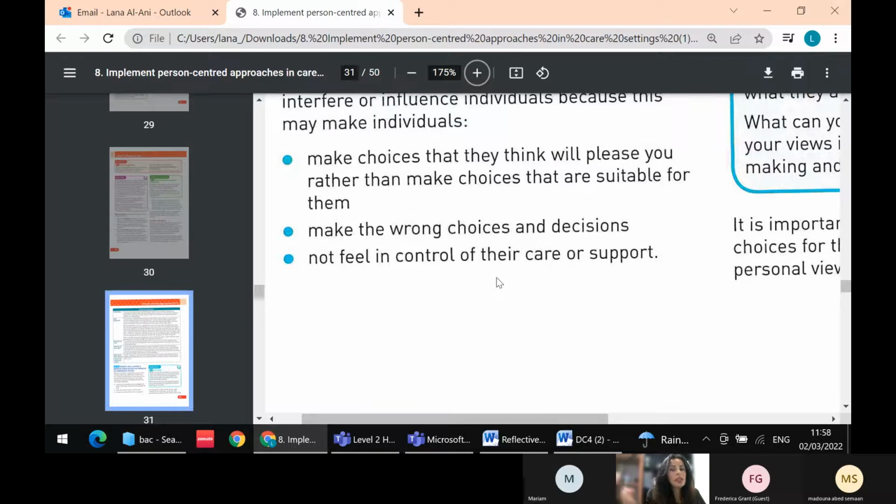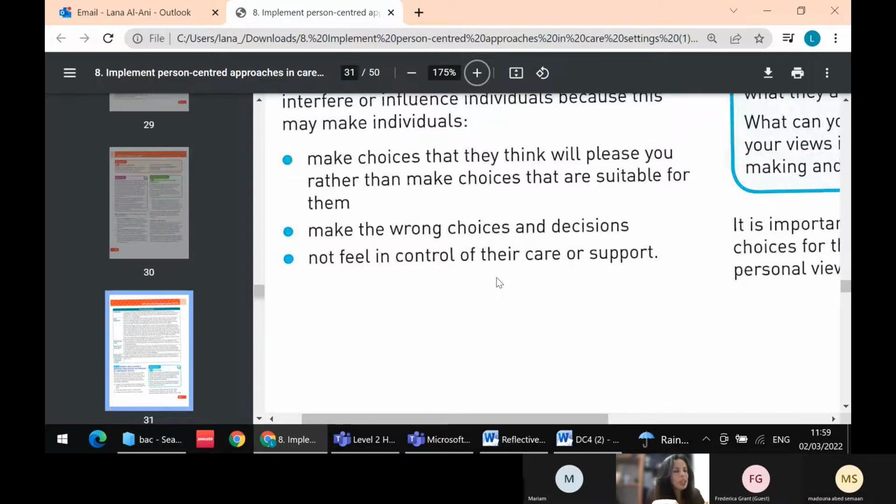Maybe they finish university and never work as doctors. Why? Because this is not their choice. They've just done it to make you happy. So even here, a similar situation, but with the elderly people you work with. So, making choices,